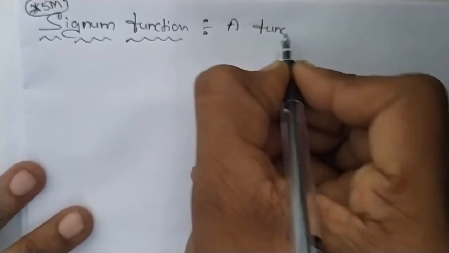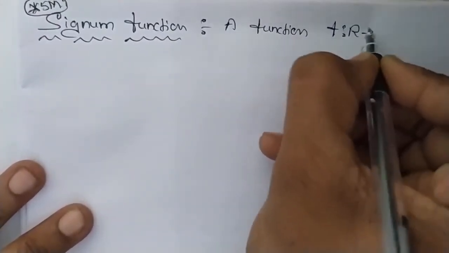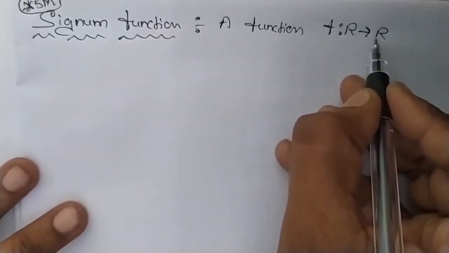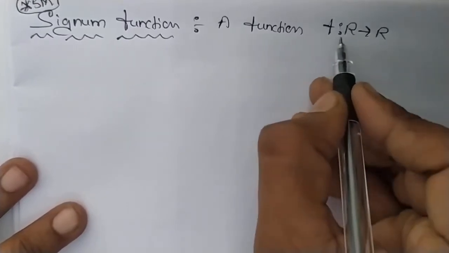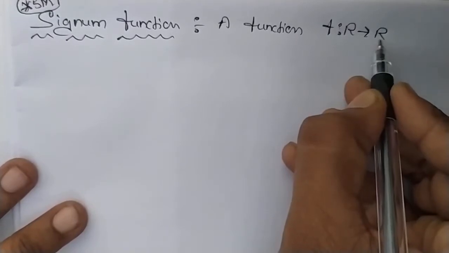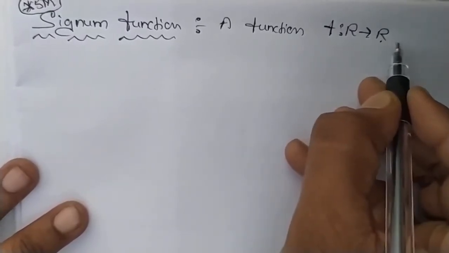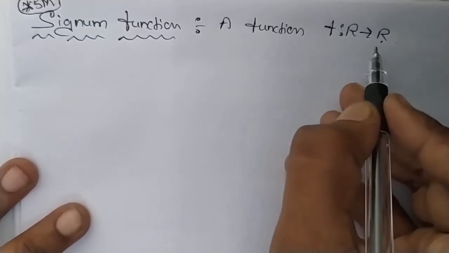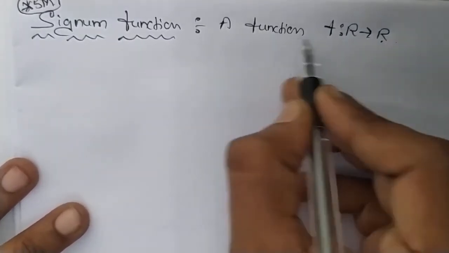A function f from R to R. We know that R is a real number, and this one represents a domain, this one represents a codomain. Then for a Signum function also, the domain and codomain will be real numbers. A function f from R to R is defined by